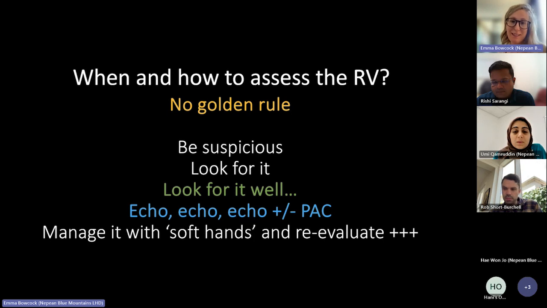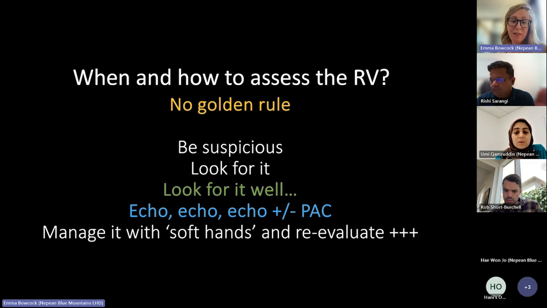And obviously I'm biased as an echo talker, but echo is the easiest thing to do initially. Sometimes you can't get views, and we'll look at things you can do when you can't with transthoracic, and when we might decide to use a PA catheter. And someone really smart who I learned a lot from